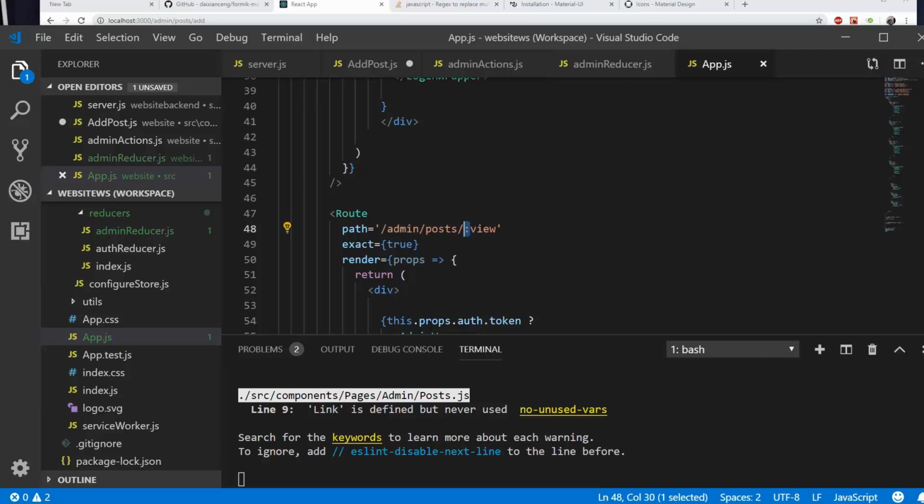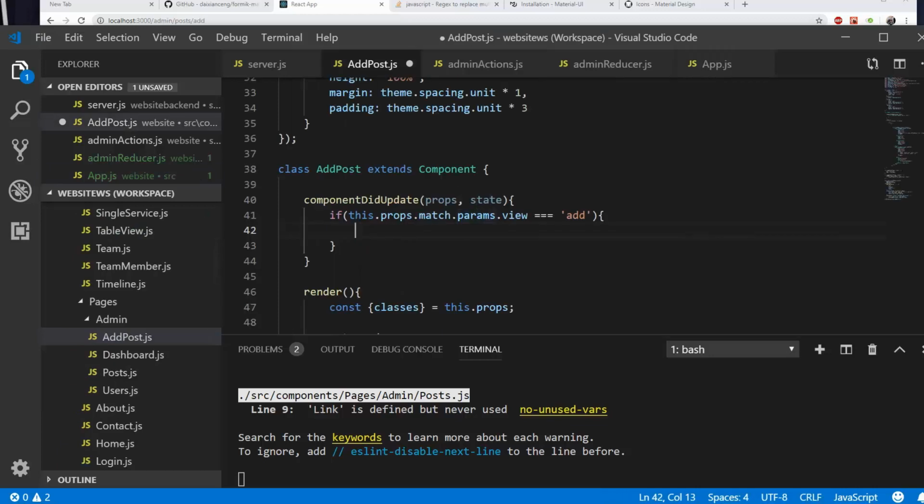So this.props.match.params.view. So if this.props.match.params.view is add, and for right now what we'll just do is check if there is an existing post with the title that we've just added. Now this is not perfect. We'll actually end up managing the initial props for this from the Redux state eventually, but for right now we'll